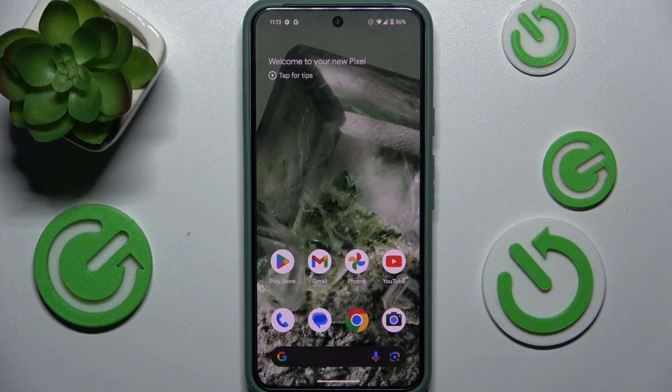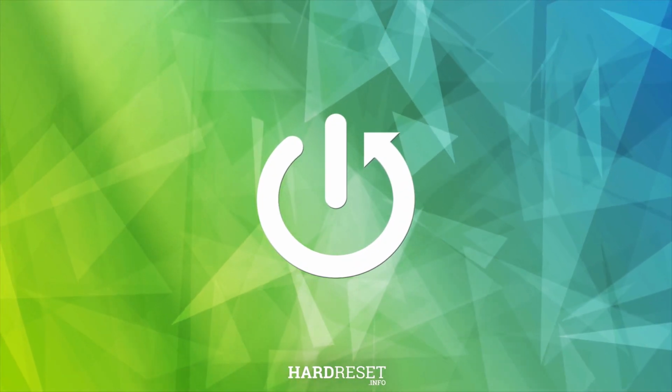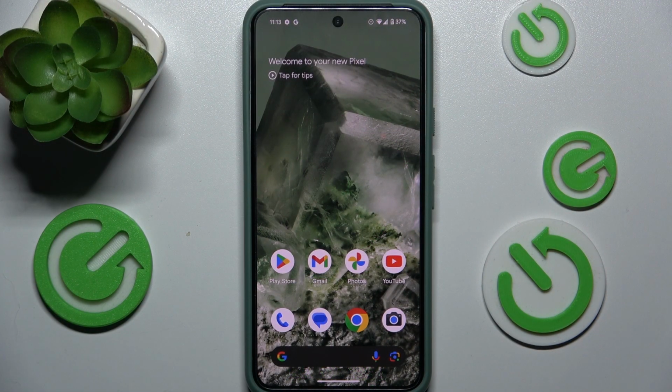Hello, in this video I'm gonna show you how to adjust date and time settings in Android 15 beta. To adjust date and time settings,